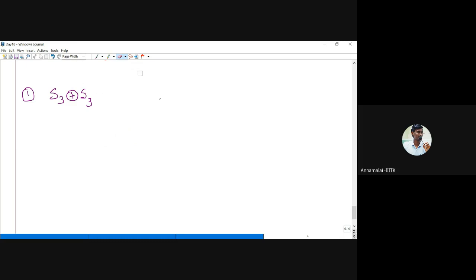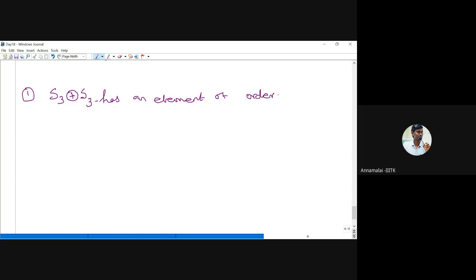Now, the question is, what is the maximum order in that group? So the question is, this is a group G, and the direct product has an element of order